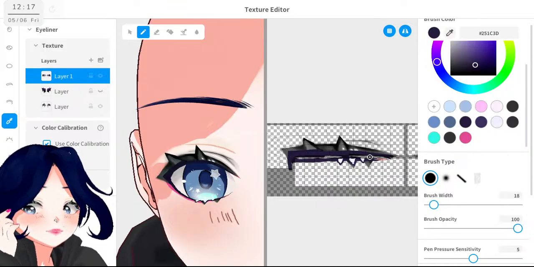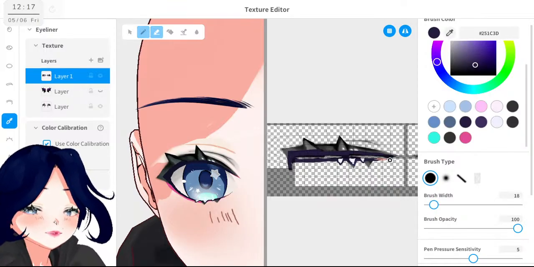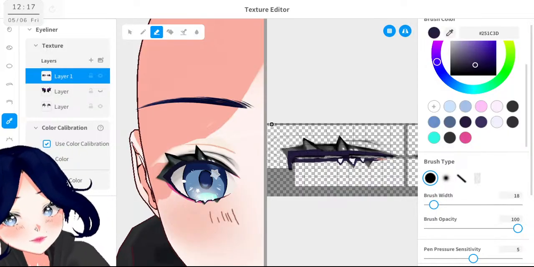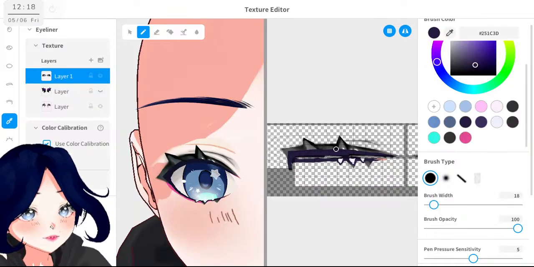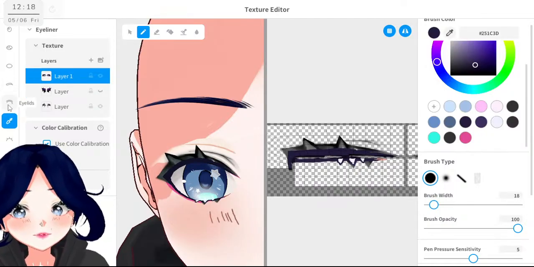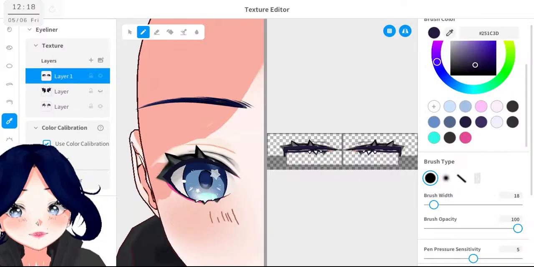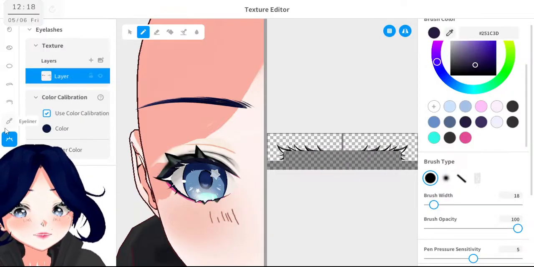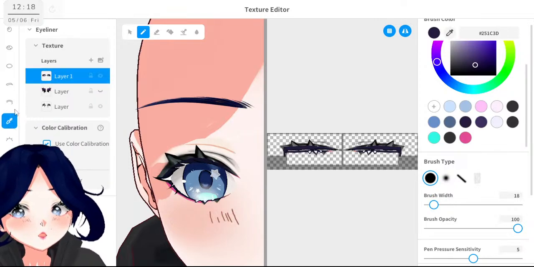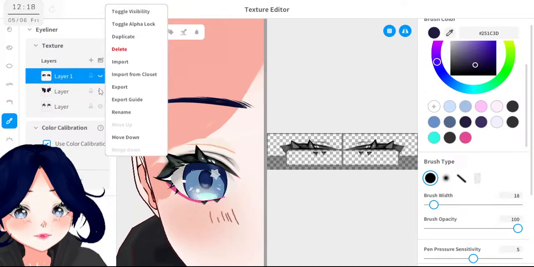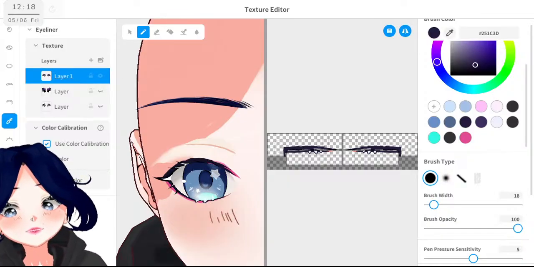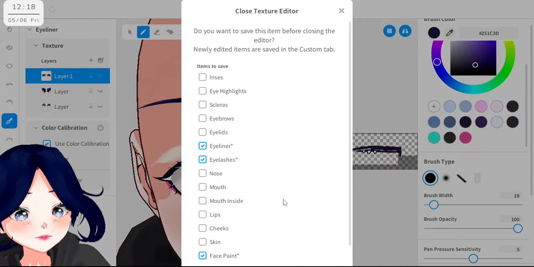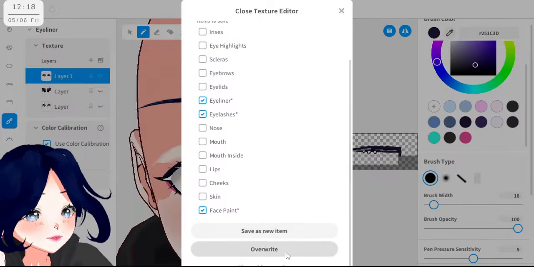And here. Okay, now let's add the lashes again. And let's overwrite this.